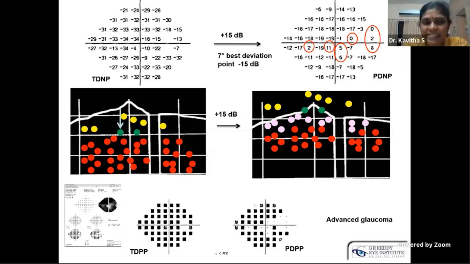And the last final question from the audience is, for neurological cases, is it justified to do 120-degree fields? No, not required. So far, I have not done. Yes, sir. Thank you so much, sir. Sir, what is your experience, sir? 120 degree, I have not done so far. No, we have not done, dear. We have not done. Usually, the 24-2 will show the homonymous, bitemporal defects and all this.